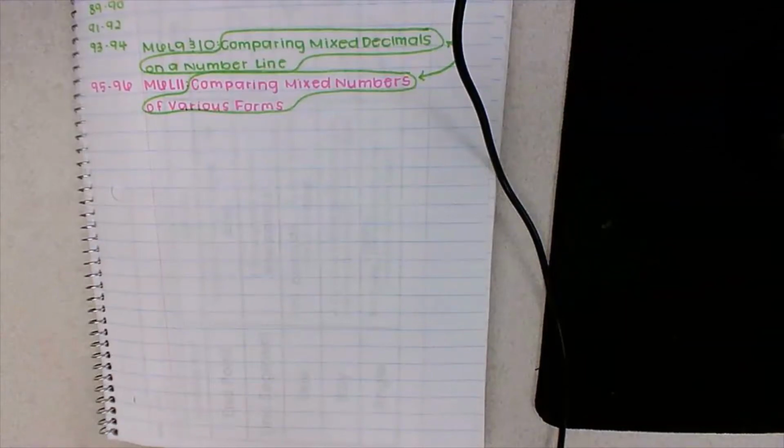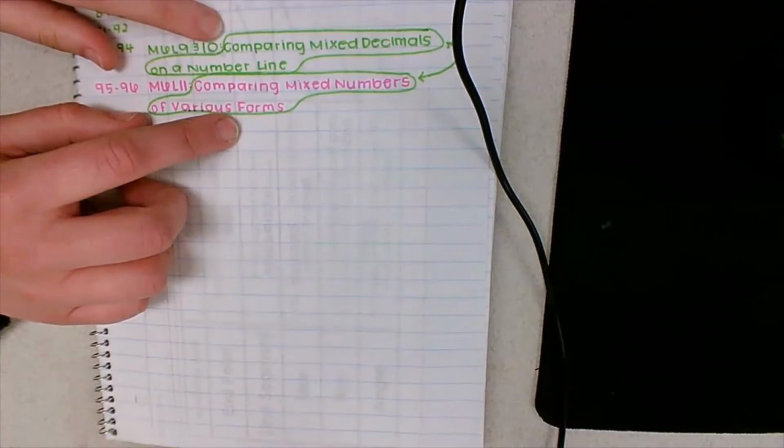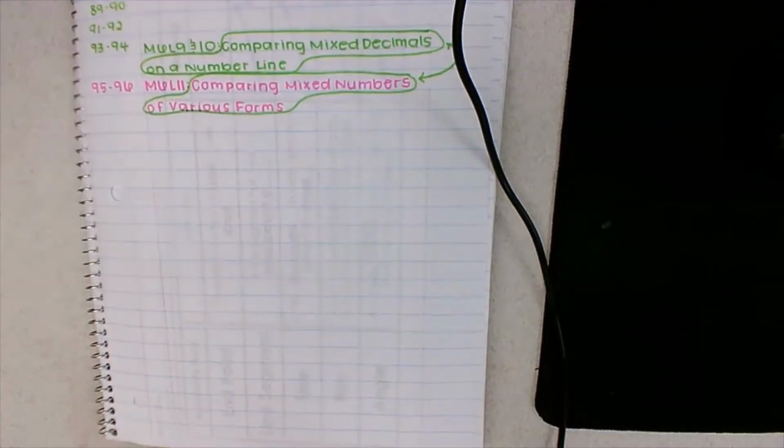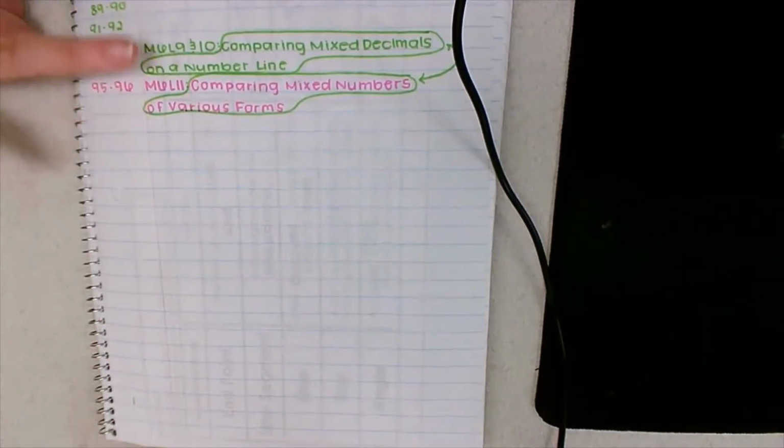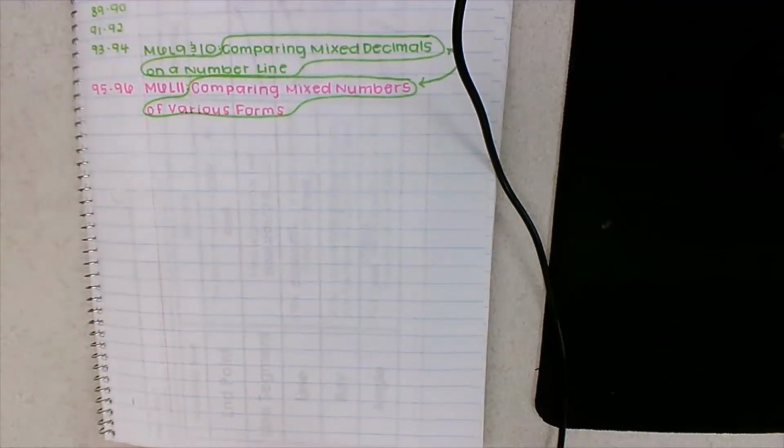Fourth grade, don't mind the little boo-boo that I made in my table of contents. By the time you're watching these videos, the typo's been fixed on your papers. You will be okay. But I've mixed up the titles of yesterday's lesson and today's lesson. Yesterday, we were comparing mixed numbers of various forms when we were studying 9 and 10. Today in lesson 11, we're going to be comparing mixed decimals using a number line tool. So take a moment to fill in your table of contents, pause the video if you need to, and let's